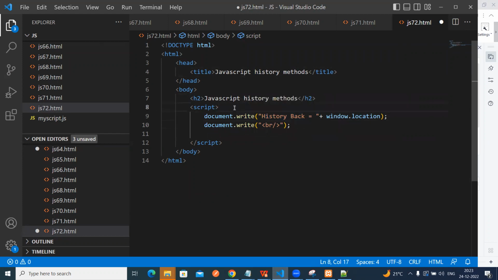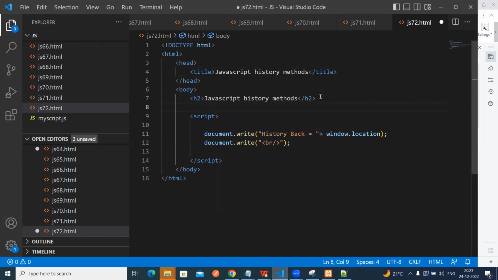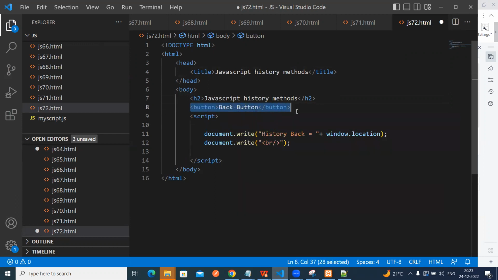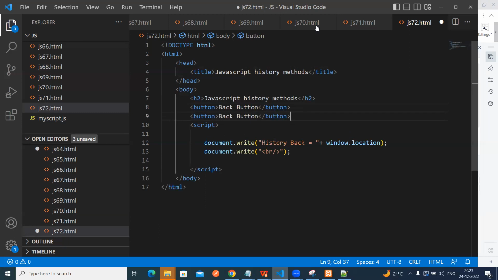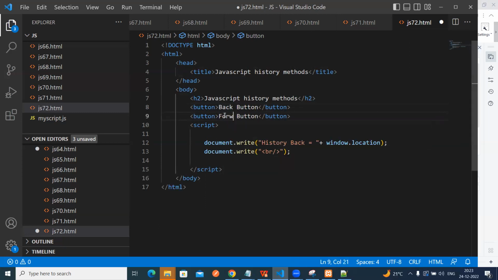So to do those things, we can write it. I have two buttons: a back button, and another one is a forward button. Okay. So here I am calling the